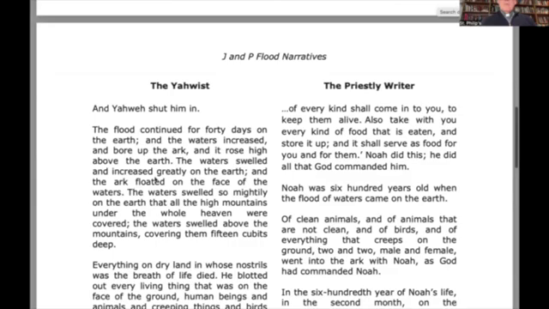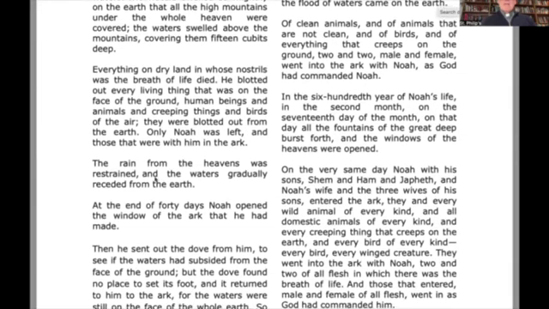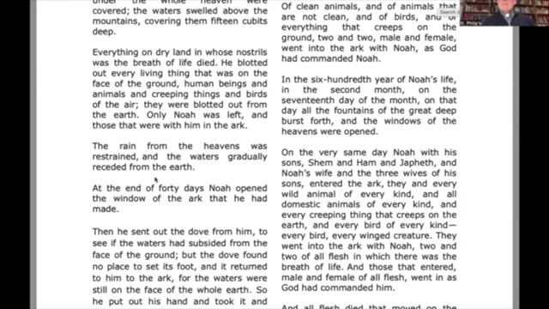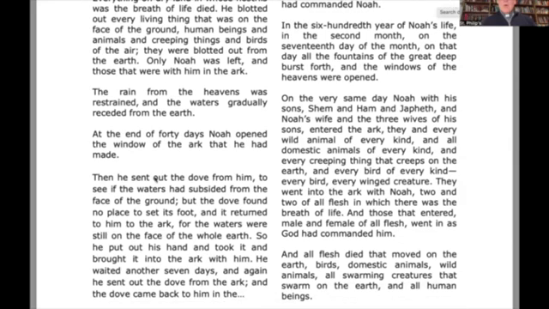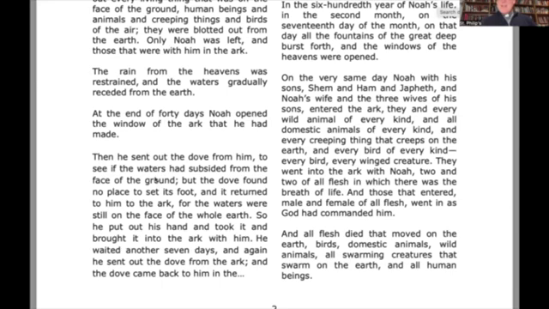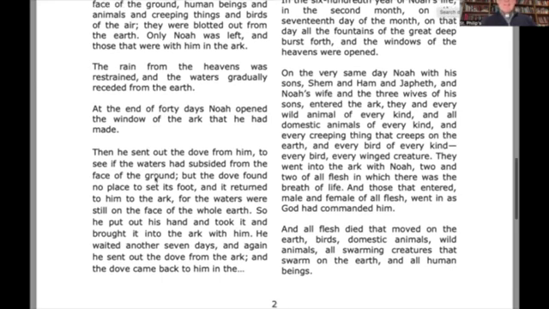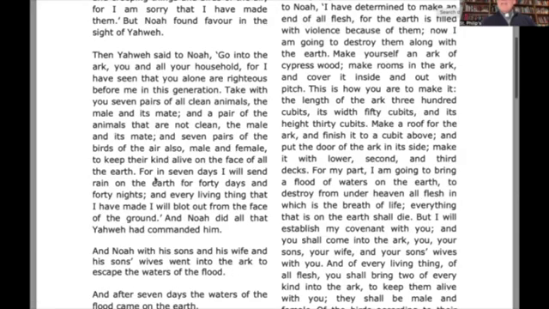And as we go through this story, at the end of the time of the rain, the waters begin to recede. And at the end of the 40 days, Noah opened the window and he sent out a dove. So in the J version, it's 40 days of rain and it's a dove that is sent out afterwards. So to compare that to the P version